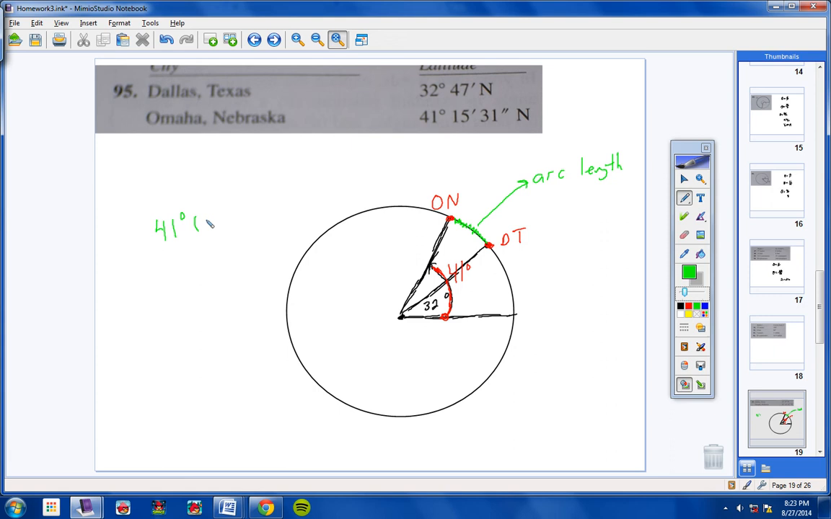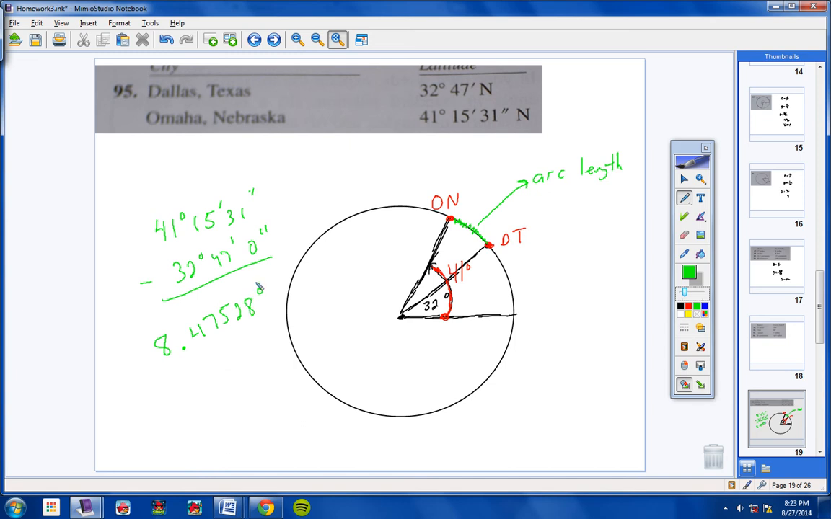Just type in 41 degrees, 15 minutes, 31 seconds, then hit minus, then hit 32 degrees, 47 minutes, 0 seconds, and hit enter, and your calculator will subtract this for you. What it's going to give you should be 8 degrees. Now, it's probably going to put it into a decimal for you. I'm going to go ahead and tell you now what it's going to say. It's going to say